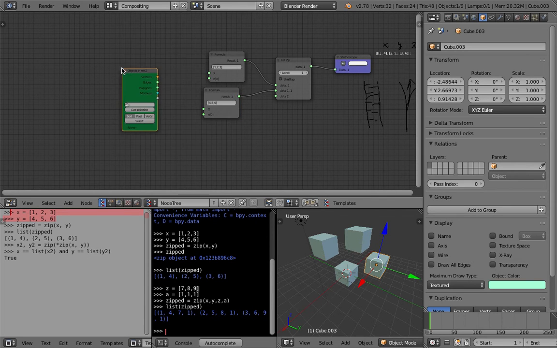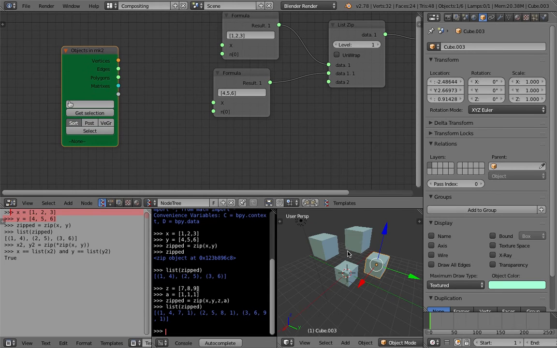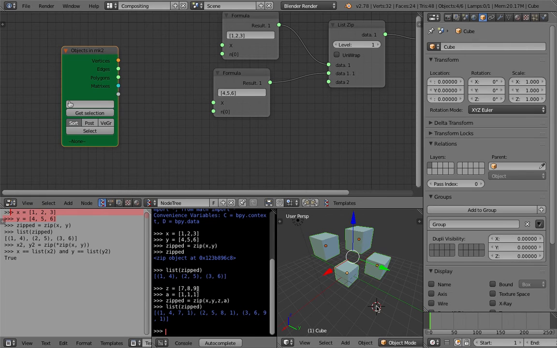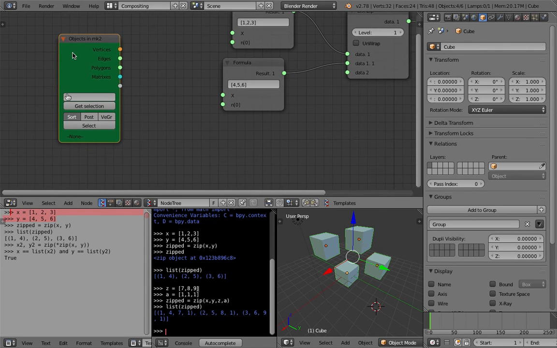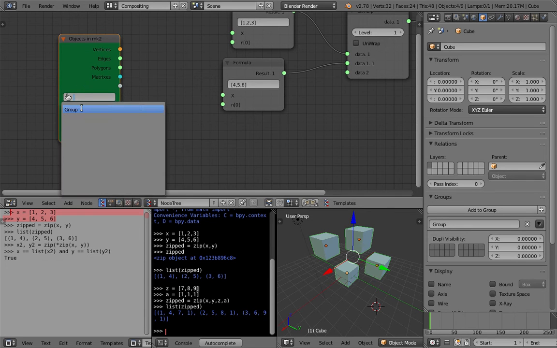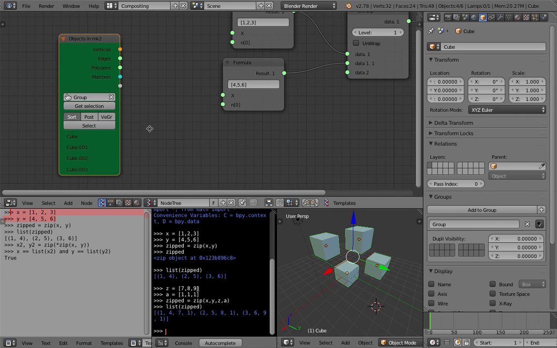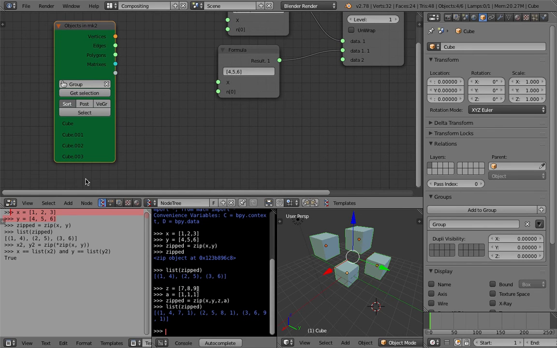Objects in. Now I'm gonna group this guy first of all. Control G, so they are grouped, and the name of the group is group. We can get it using this objects in node. Select the group, get selection. Now we have 4 cubes in here,